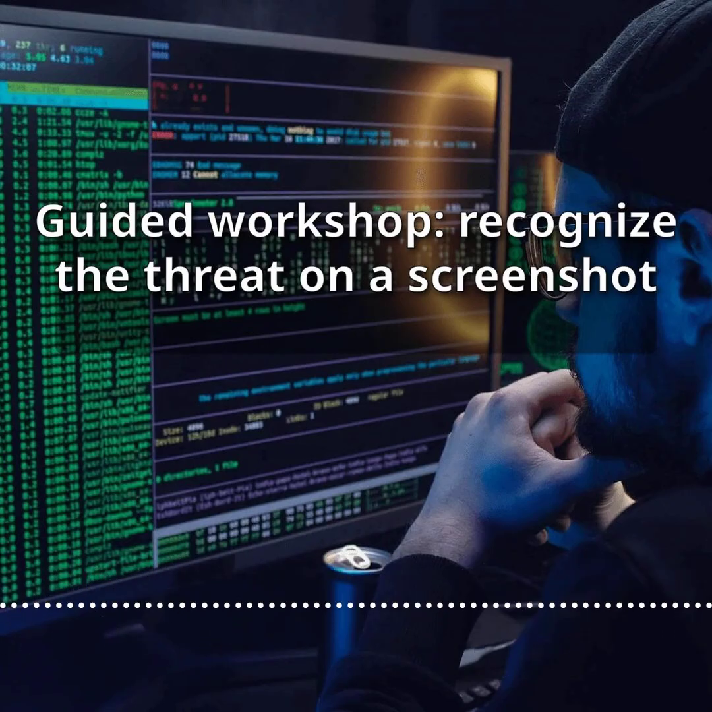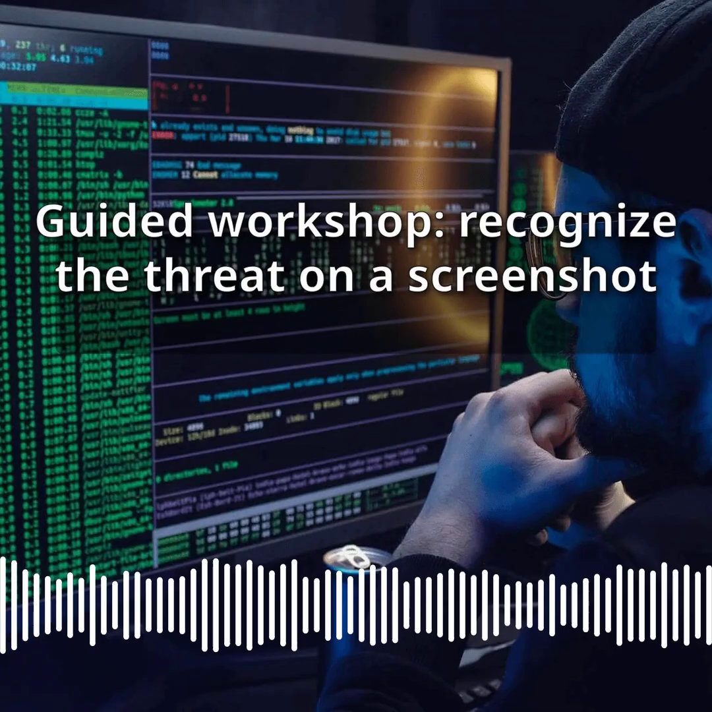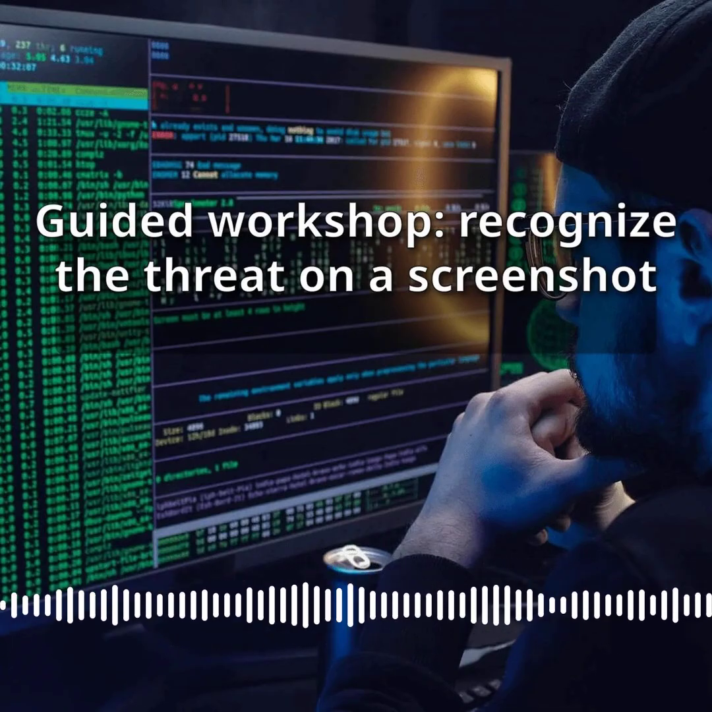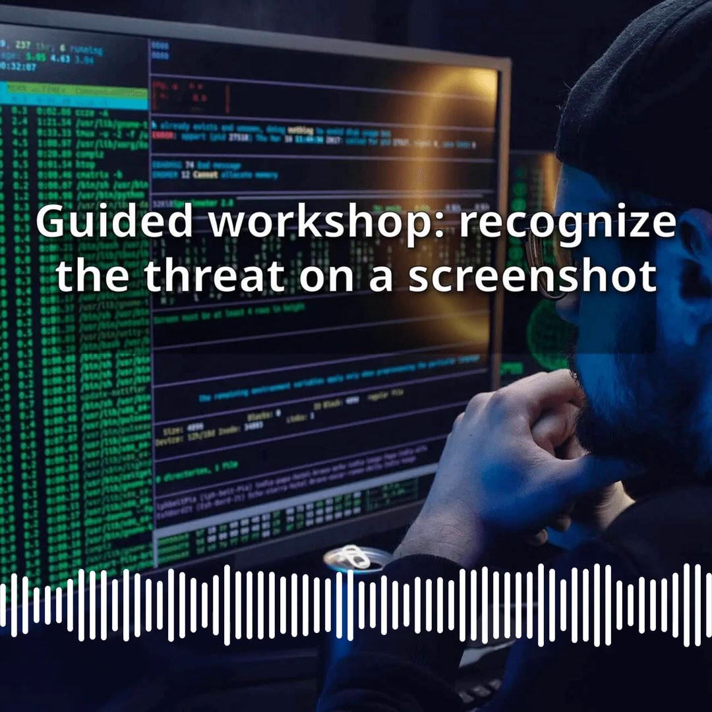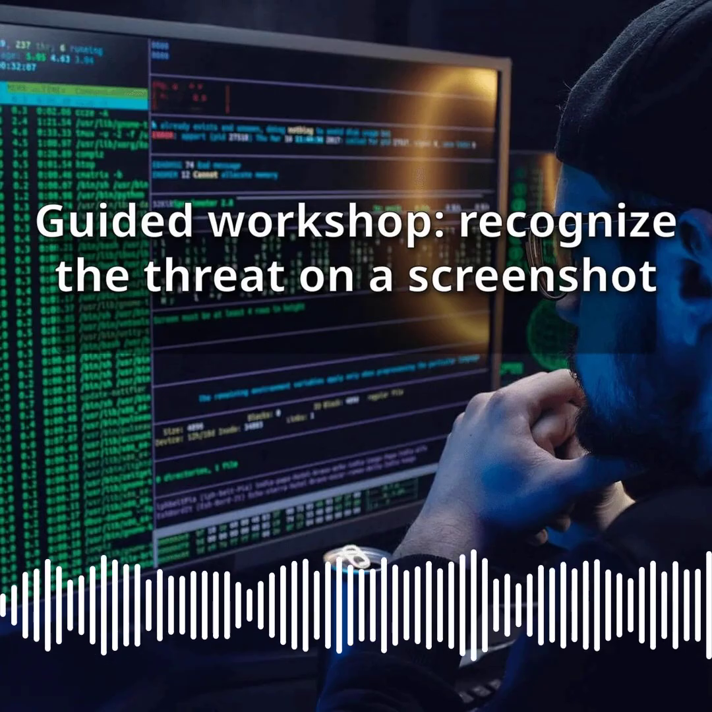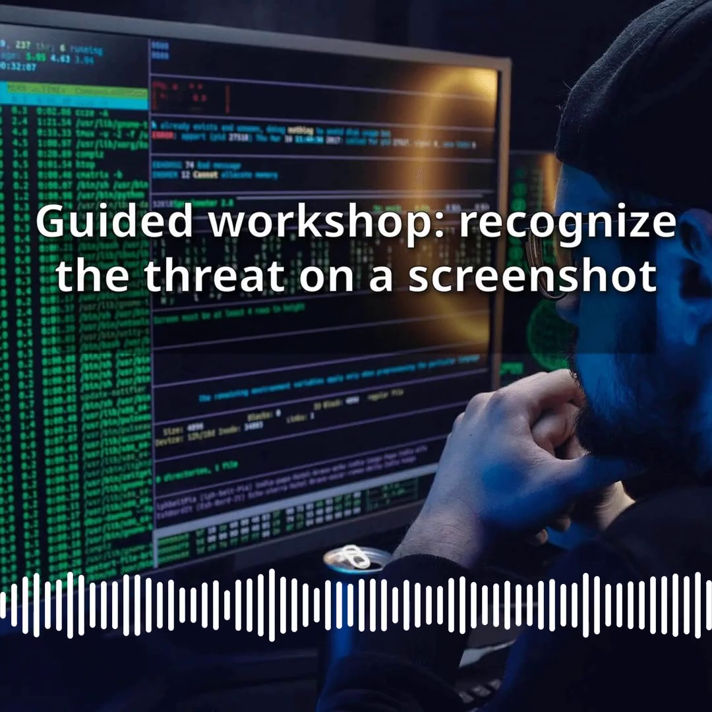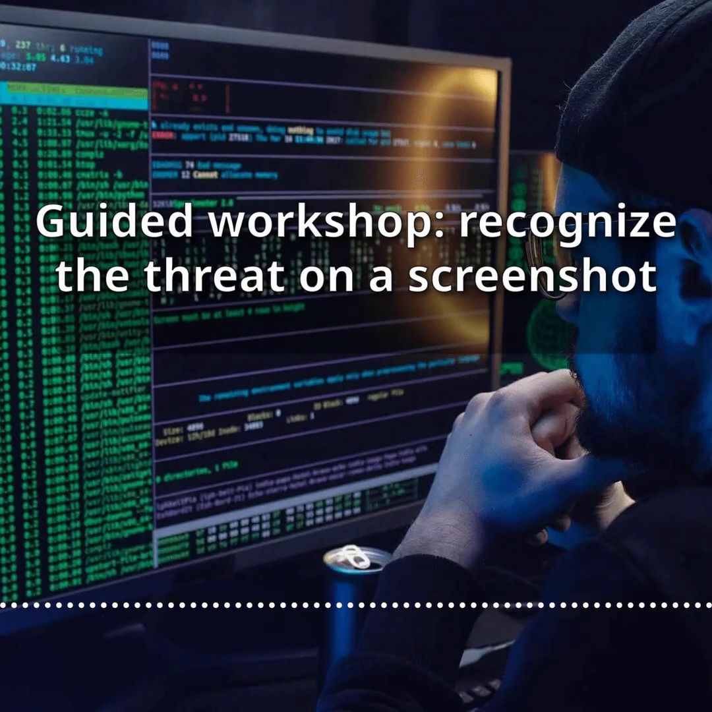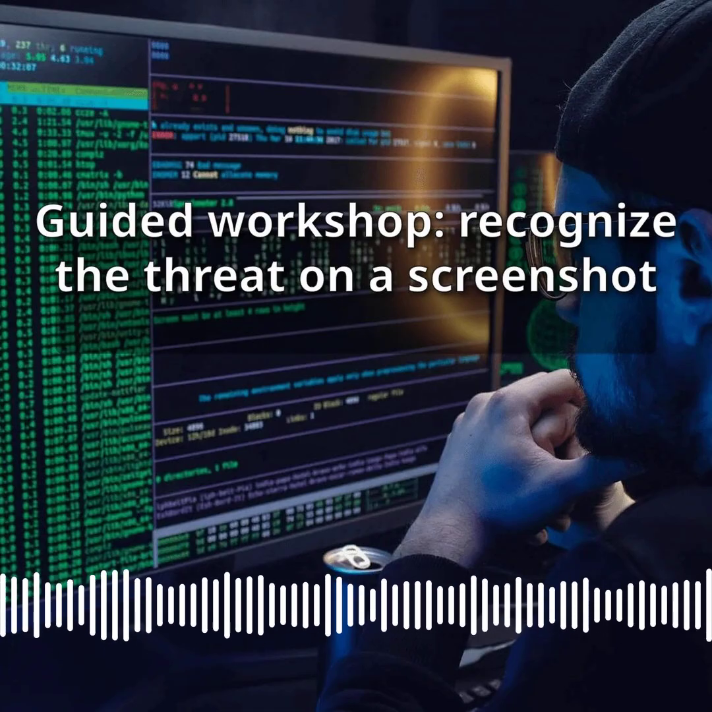Workshop brief. This workshop places you in the role of a junior cybersecurity analyst who has just received a batch of screenshots captured during a web application audit. Your task is to examine each screenshot, identify the threat or attack type being illustrated, explain your reasoning, and map each finding to the relevant CIA pillars. This is a recognition and analysis exercise. Your goal is not to fix anything yet, but to demonstrate that you can read a security signal accurately and